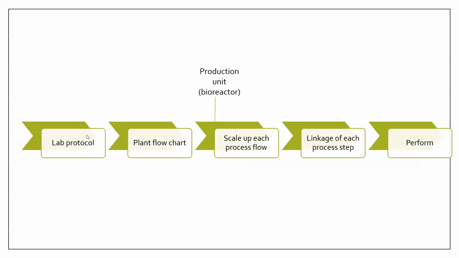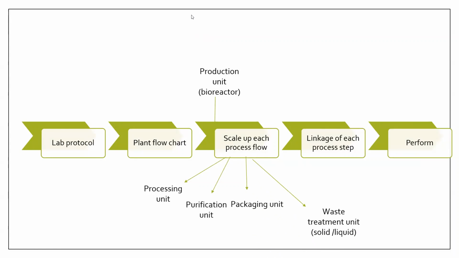Okay. So if we combine all that we have talked about scaling up: you have done the lab work, then you will be developing a plant flow chart, how you're working with the plant. Now you will be setting a bioreactor, and at each step there will be a role of a processing unit, because just production is not our requirement. Our requirement is purification also. Our requirement is packaging also. Our requirement is that the waste which is generated should be utilized, properly treated before it is discarded into the environment. So the scale up process flow should consider this processing, purification, packaging,